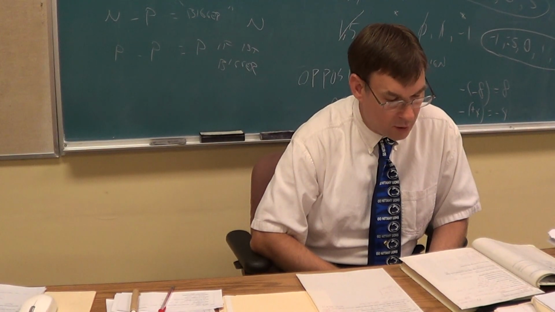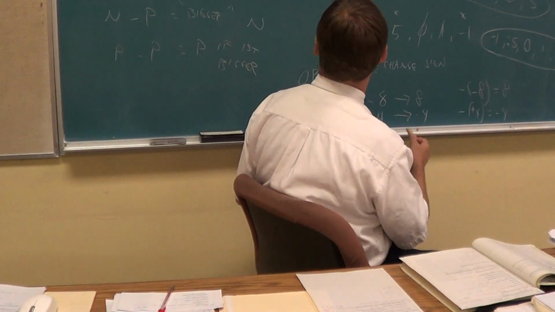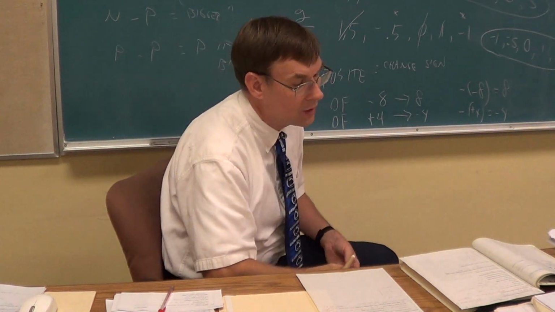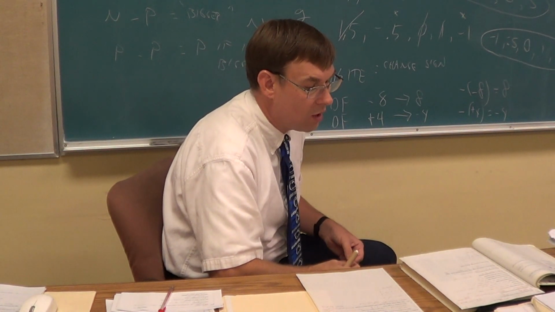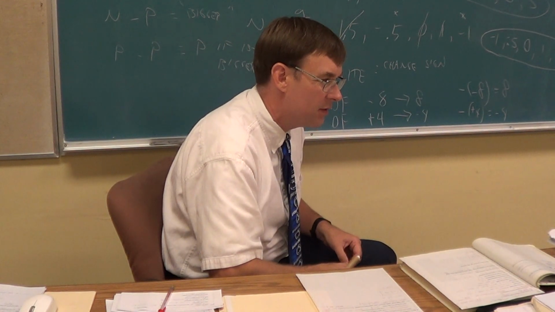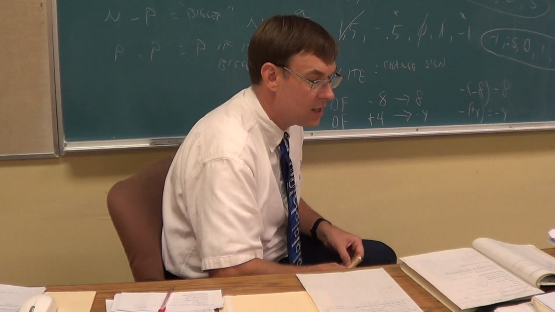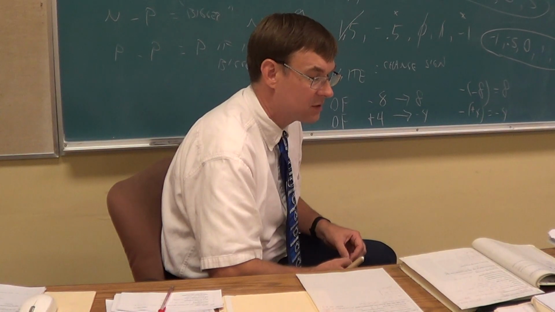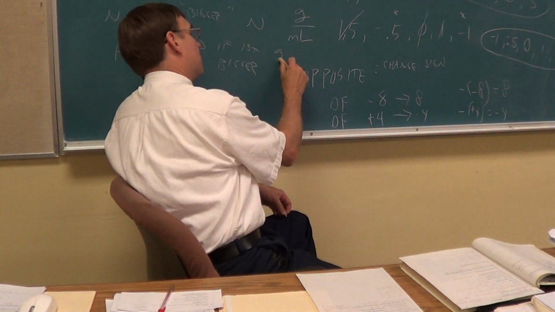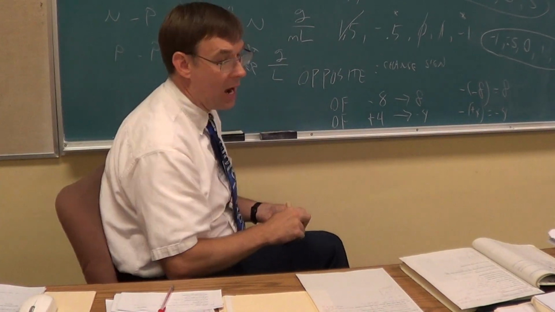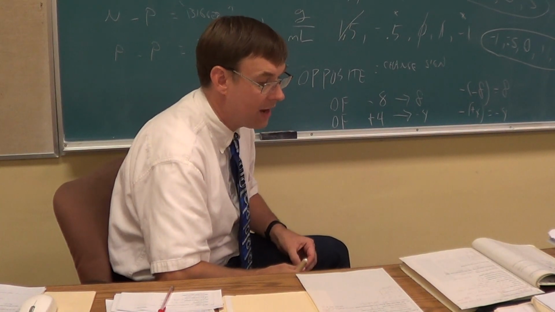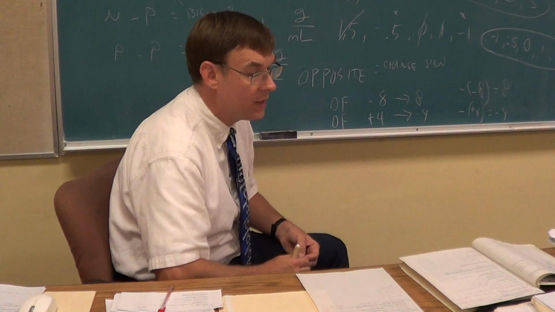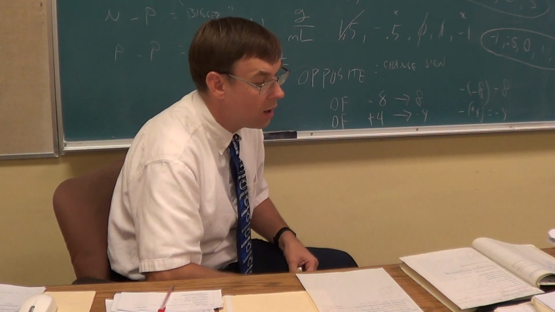Density for solids or liquids is grams per milliliter. I'm going to write that like a fraction. Grams per milliliter is density for solids and liquids, because it doesn't take a lot of volume to get a gram. I believe a gram is like a paperclip, so it doesn't take too much volume on a solid or liquid to have the mass of a paperclip. For gases, it's grams per liter. Gases are pretty spread out, so it takes a pretty large volume of gas to have a gram's worth of mass. So density of gases is grams per liter, and density of solids and liquids is grams per milliliter.